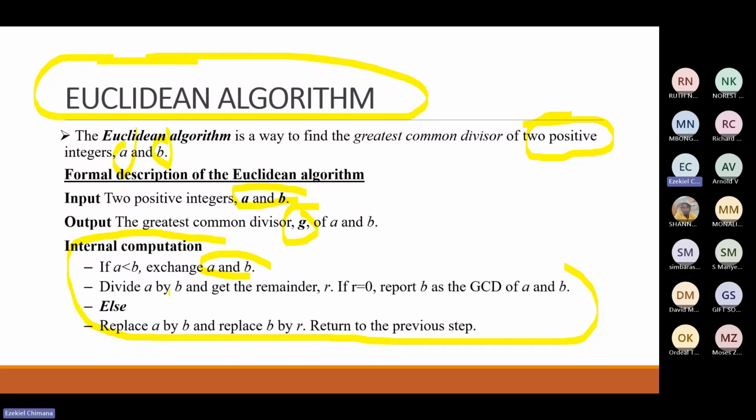Then divide A by B and get the remainder. So the next step is to divide A by B. That's why we want A to always be greater than B, because the next step you are supposed to divide A by B and get the remainder. And this remainder R, if that remainder is equal to 0, you report B as the GCD of A and